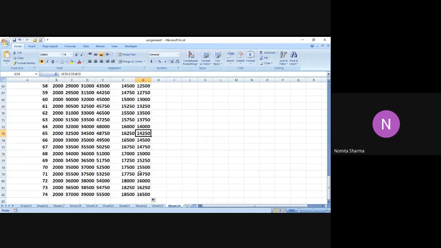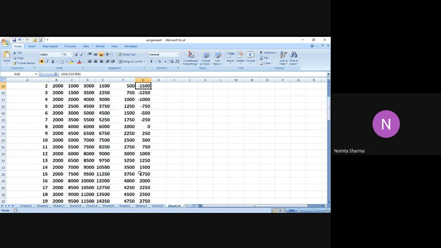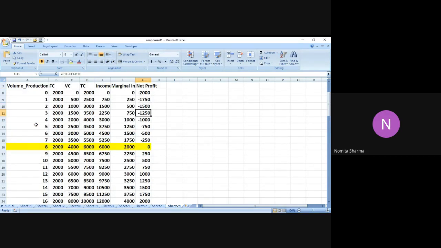Let me now check where we are getting that conversion from a negative to a positive number. So if I see, yes, this is what we got, right? So you can very clearly see that at the 8th level of volume of production, I'm getting this net profit as 0. At least it is not negative. So that is what we want. So break-even point will actually tell you that level wherein your loss is being converted into some profit, or at least that point which is equating your profit with your losses or your cost.